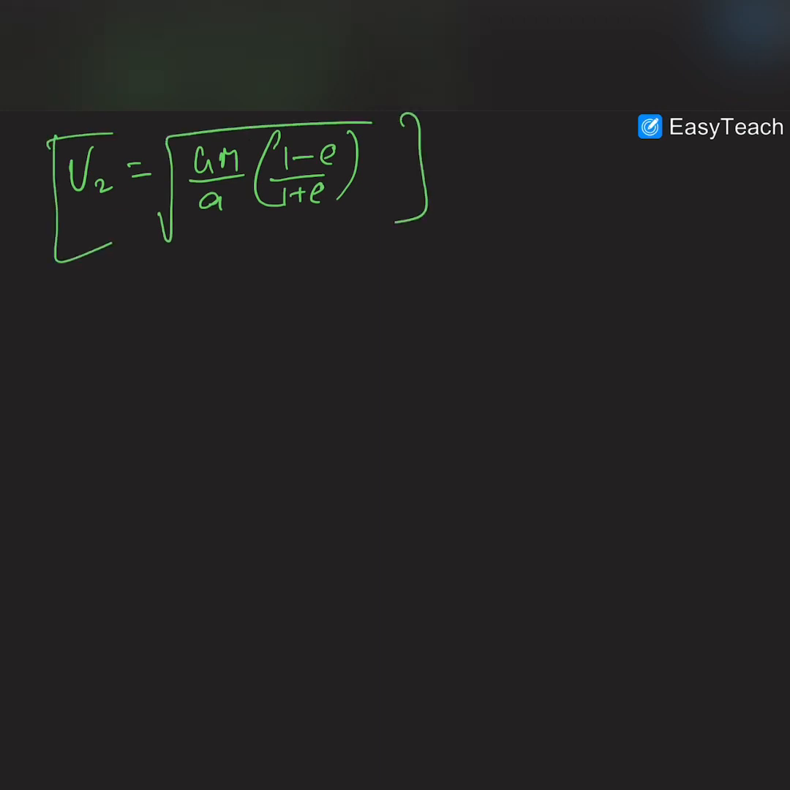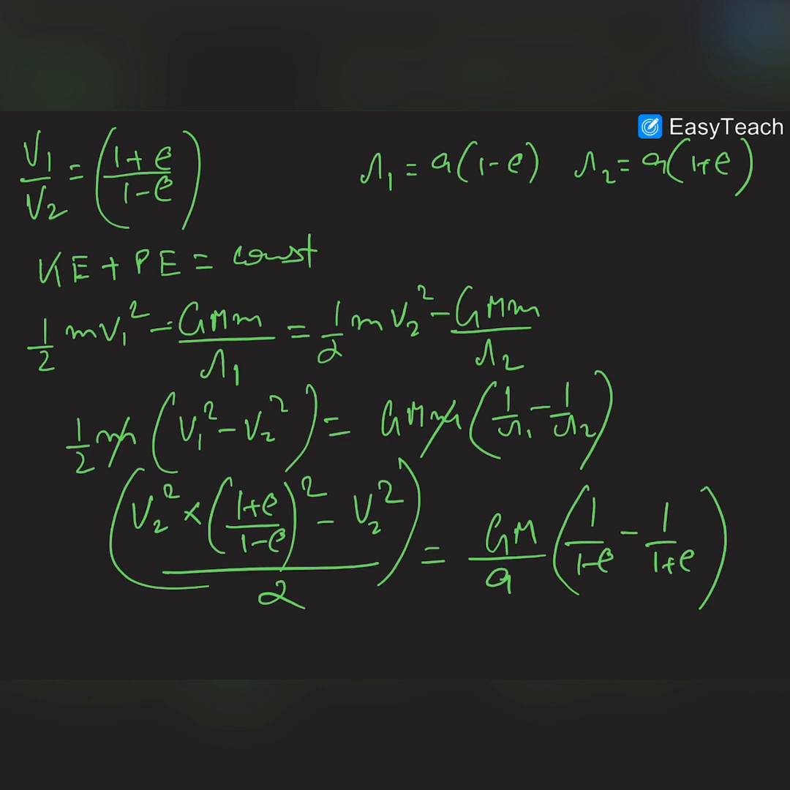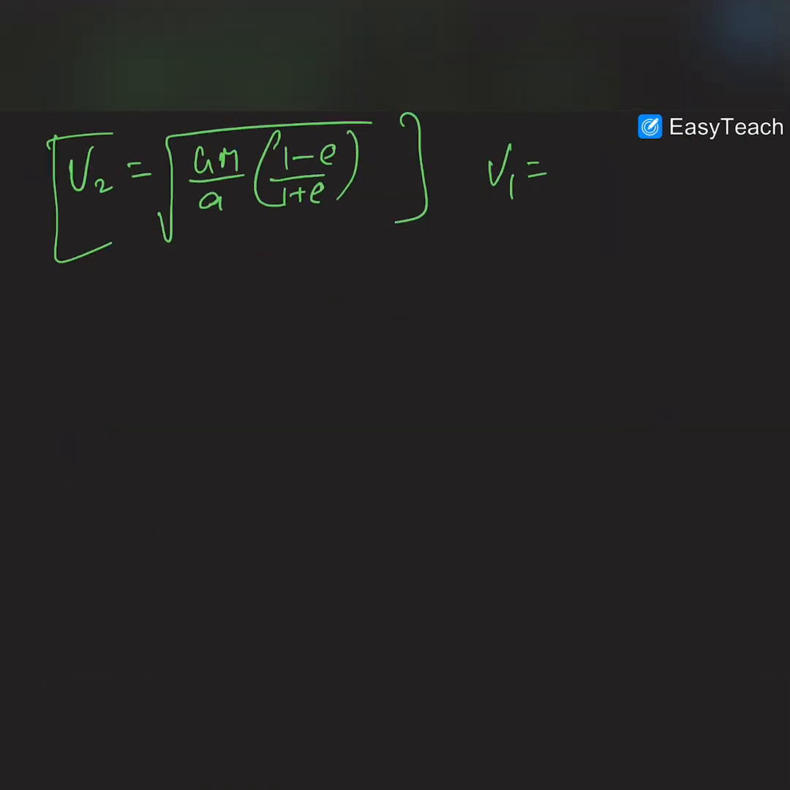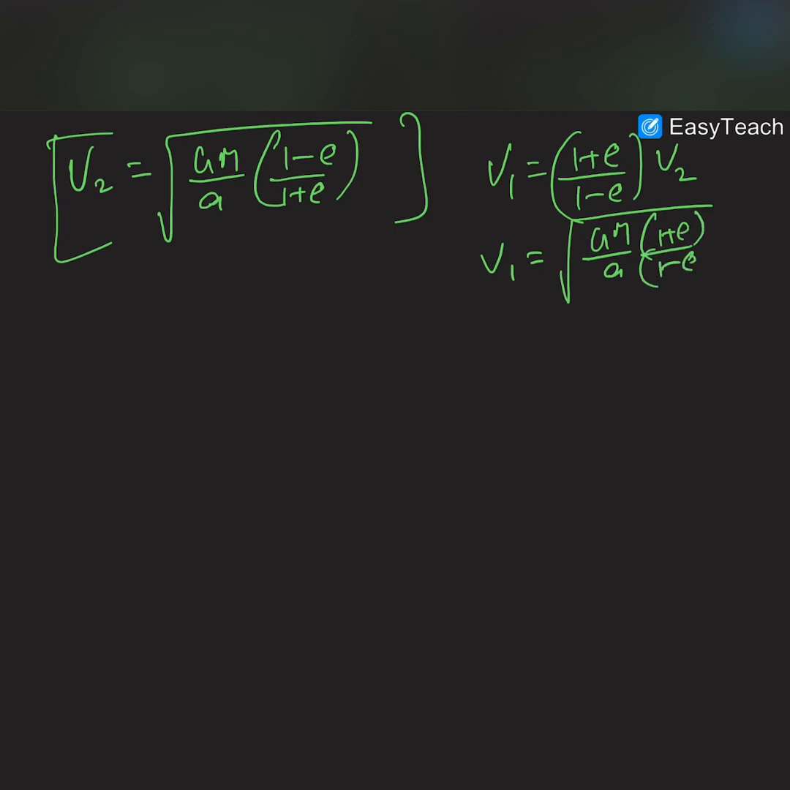So this is v2, and we can also find out v1. By this relation you can see v1 is equal to (1 plus e upon 1 minus e) into v2. So v1 is equal to under root of GM by a into (1 plus e upon 1 minus e). Okay, now we know that the time period is